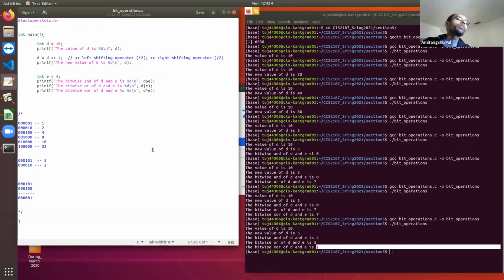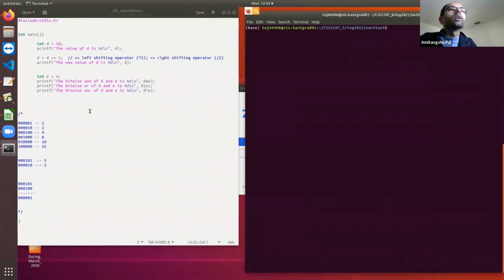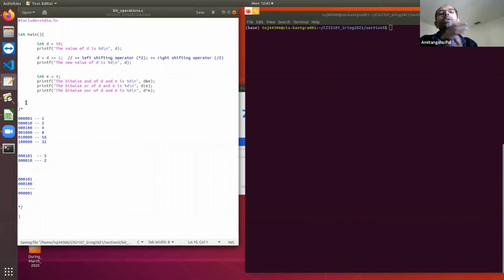Okay, so now let's use this to solve the problem. Suppose I want to write a function that is going to take integers and print them in the corresponding binary format.